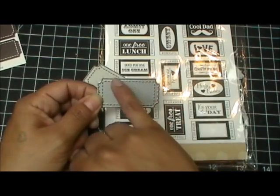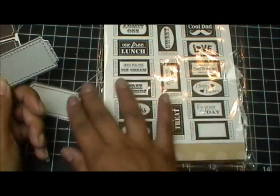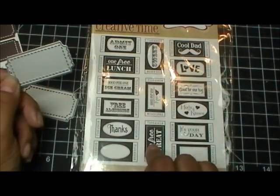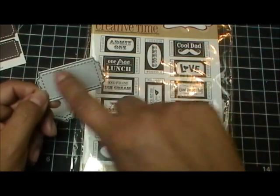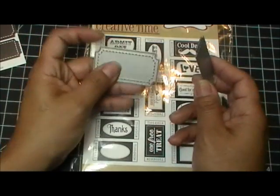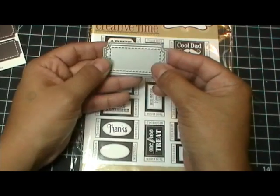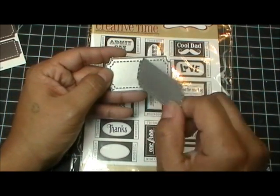Okay, I have my stitching here on the smaller one, and the reason why I put it in a little rectangle is because I designed these fun ticket stamps which coordinate with this perfectly. So basically all 15 of these stamps will stamp in here perfectly. And I really wanted it layering, so I made it to layer on top of the bigger one. Now notice that you don't see the stitching underneath there because I added stitching on the second layer only